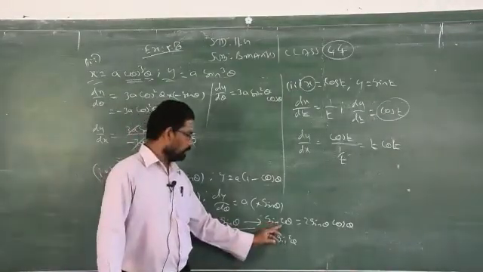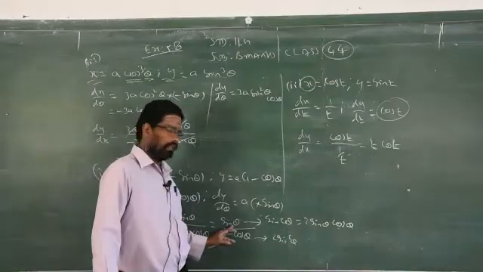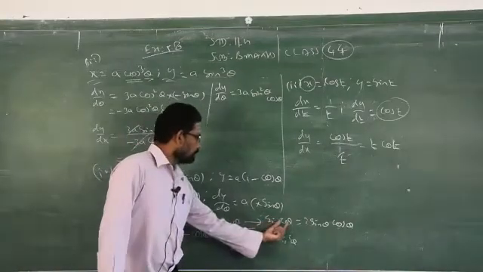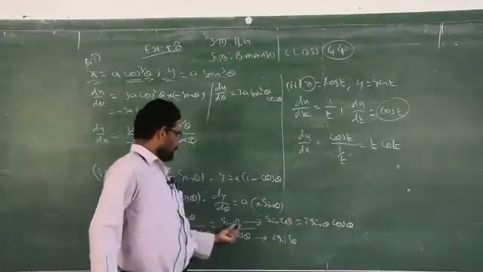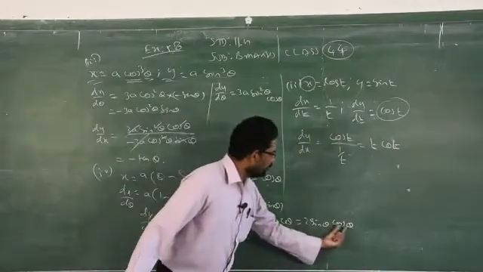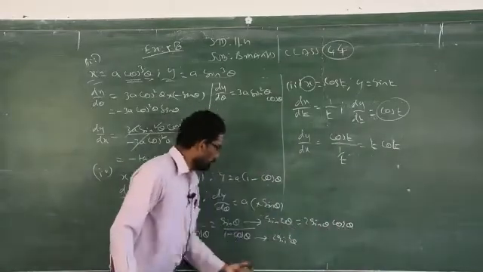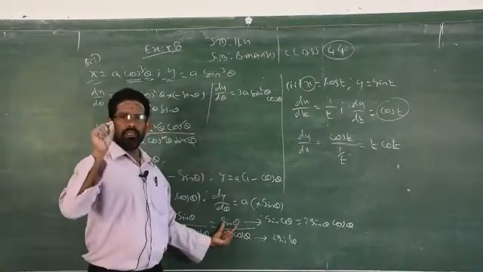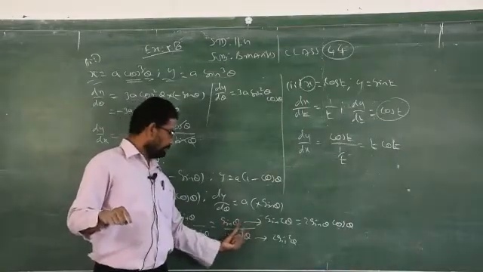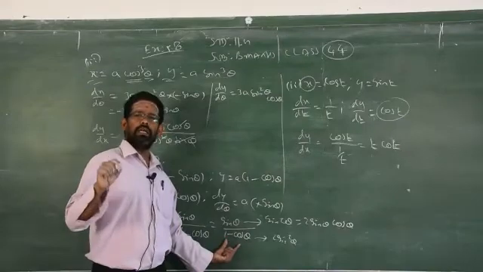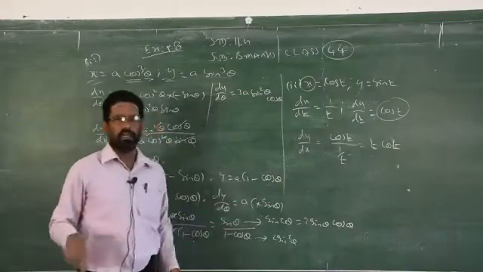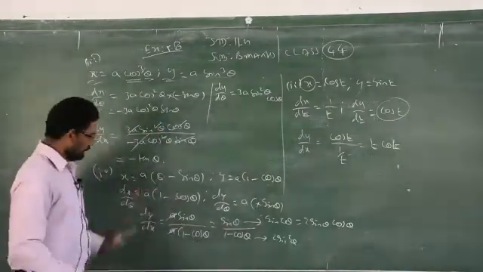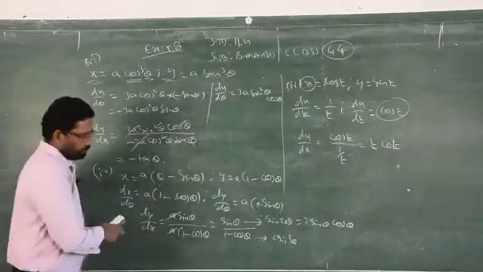Clear? This is for sin 2 theta, but you cannot use sin 2 directly. If it is 2 theta, you will get half of theta. If it is 1 theta, you will get theta by 2. Here will come theta by 2. Just replace the numerator by 2 sin theta by 2 cos theta by 2, and the denominator 2 sin square theta by 2. Get cancel, you will get the required answer. That you have to do at home.